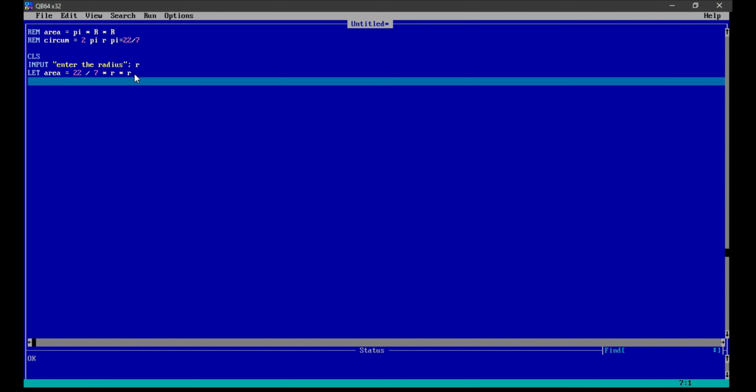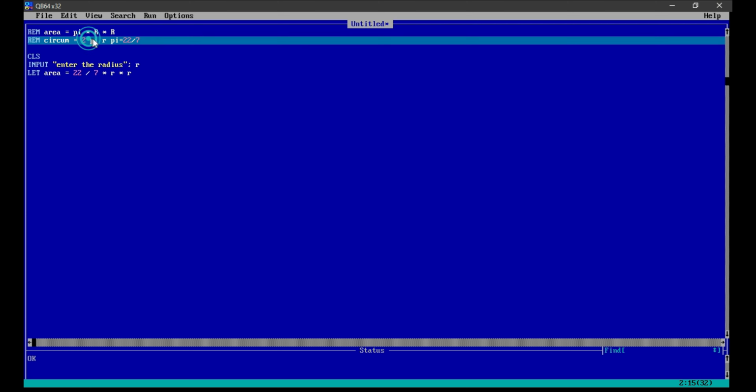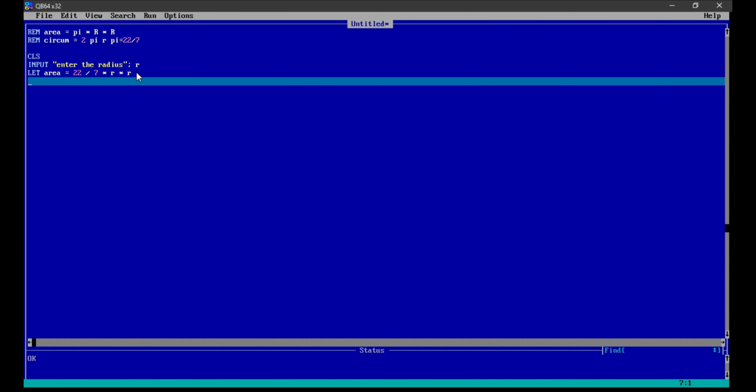The next step is we need to also find the circumference of circle, and the formula of circumference of circle is 2 pi r. We already know the value of pi, and we also know the value of r because we already asked the user to input the radius. So the next step, again we will write a formula. Circum, or you can simply declare the variable as you wish. You can simply write c also. So 2 into, our formula is 2 pi r, 2 pi and then r.